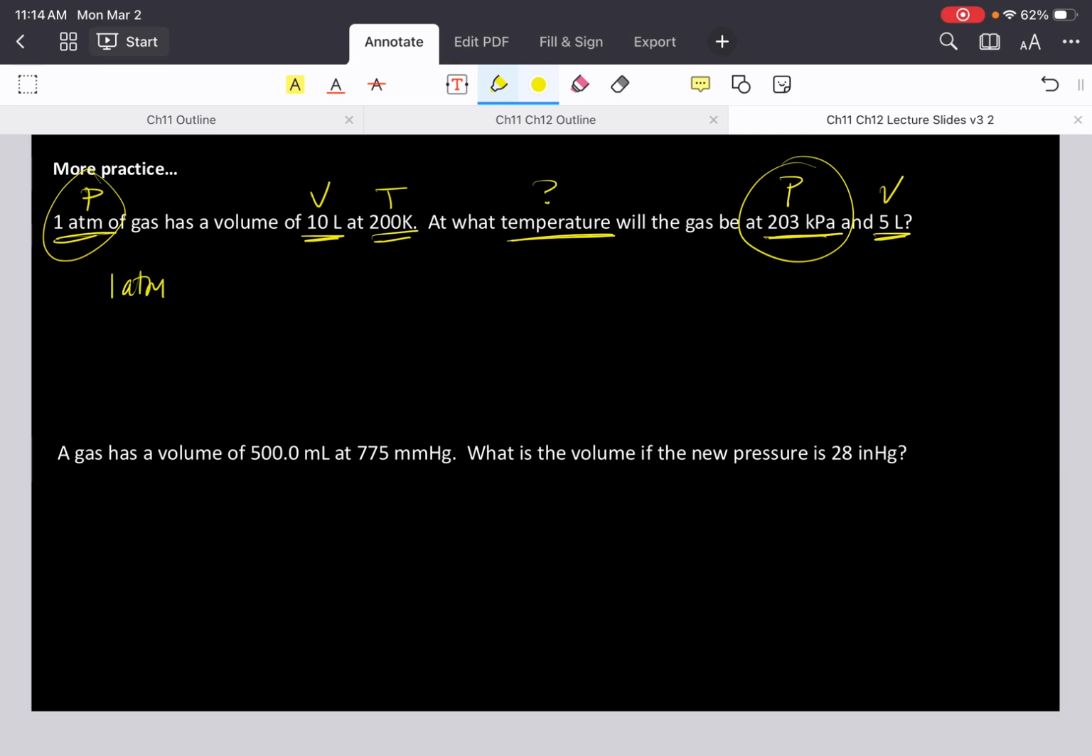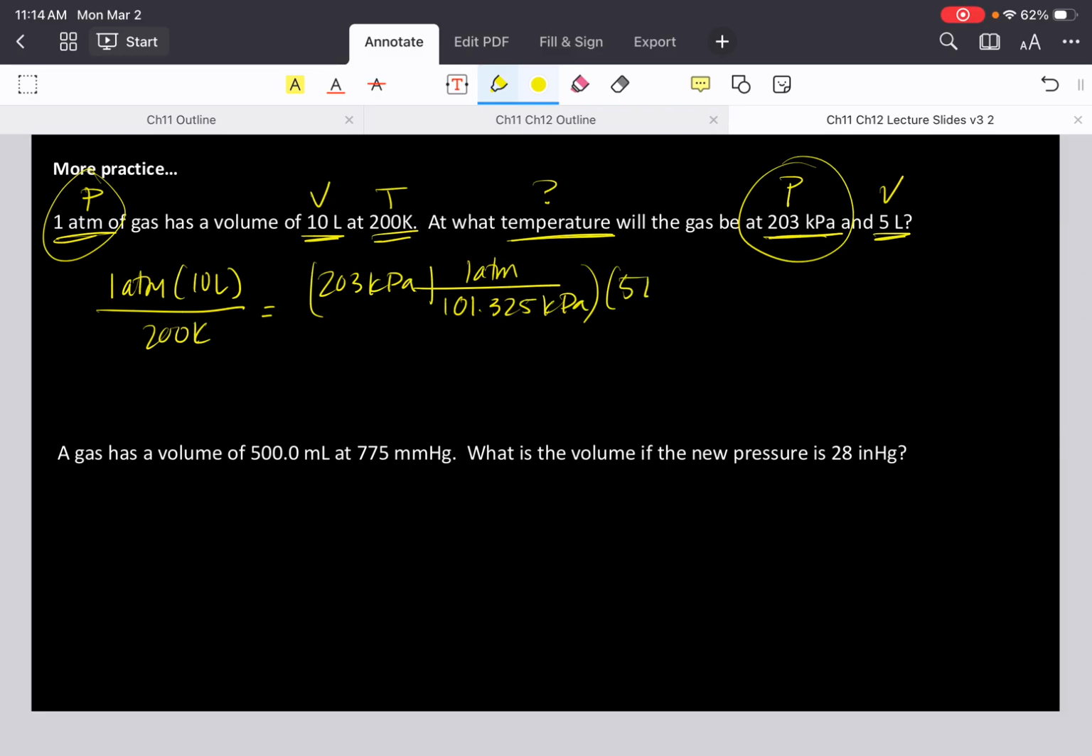We have P times V over T is equal to P, so 203 kPa, oh, kilopascals. And then here is where we think to ourselves, 101.325 kPa is equal to 1 atmosphere, right? And our new volume is 5 liters over T2, yes? All right. And then if you take a moment and solve for T2,